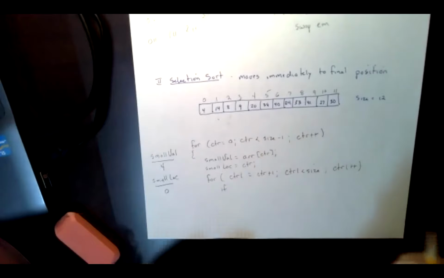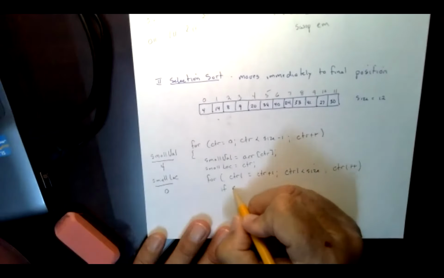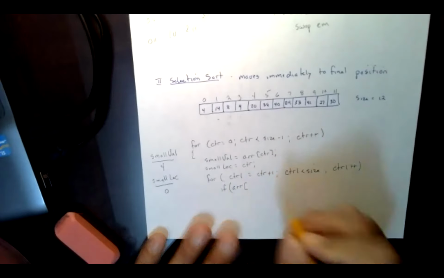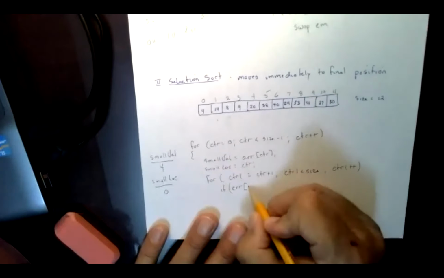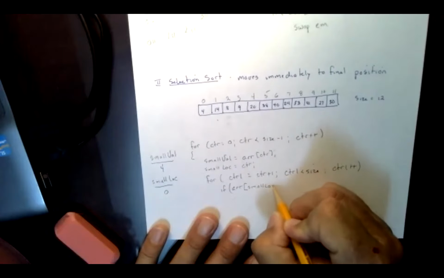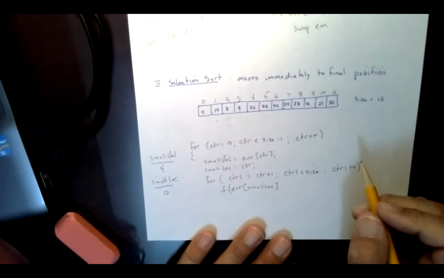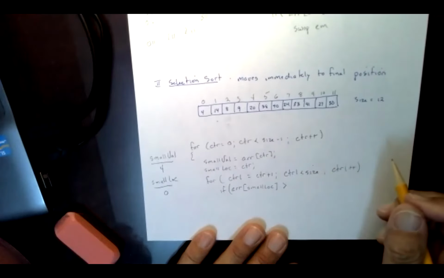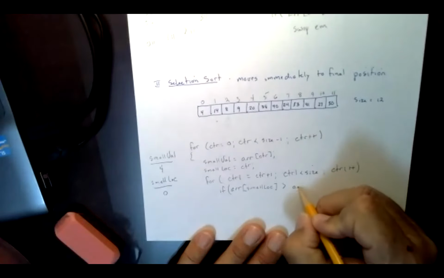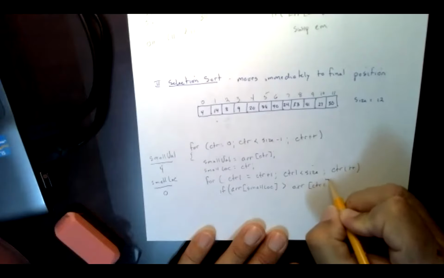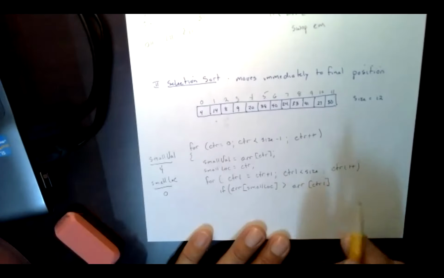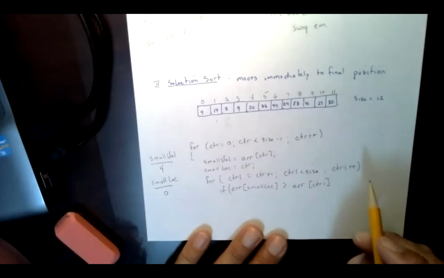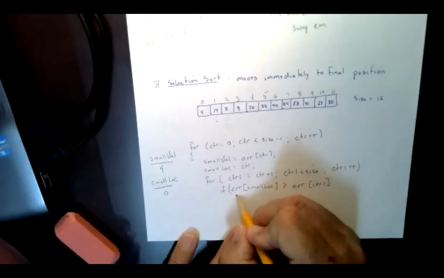If array sub small location, because right now that's the smallest, if that's greater than array sub counter 1, if that's the case, what am I going to do? Swap? Not yet. I'm going to come inside of here and say